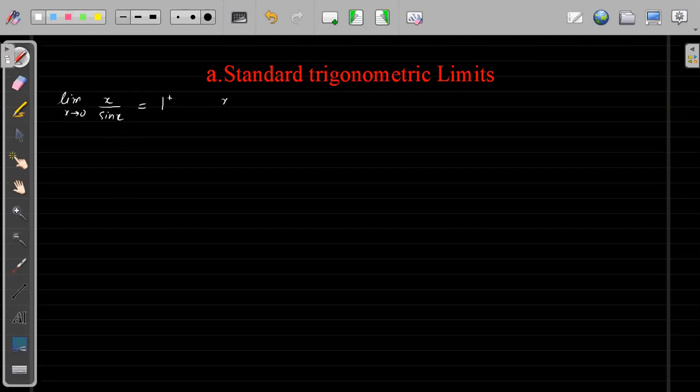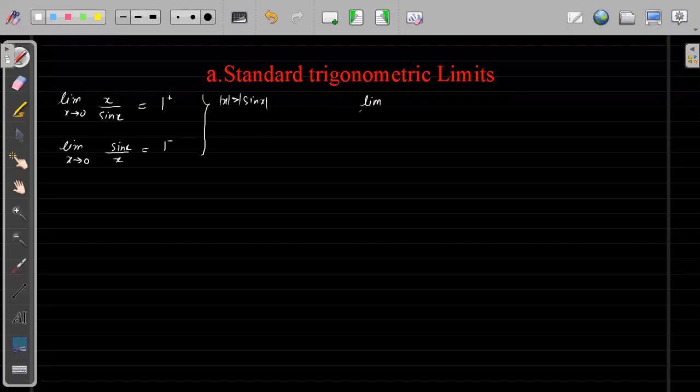Why? Because x is greater than sine x, right? And this is like modulus of x greater than mod of sine x. And in this case, if we just reverse this, limit of x tending to 0, sin x upon x will be equal to 1, but to be precise, it will be 1 minus, for the same reason. Fine. Next, we have seen the limit for tan x upon x and x upon tan x, something similar to this.